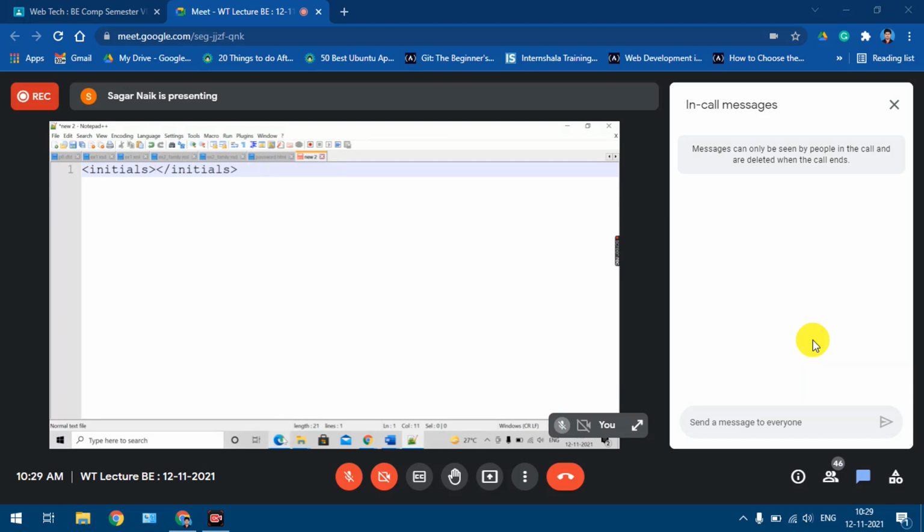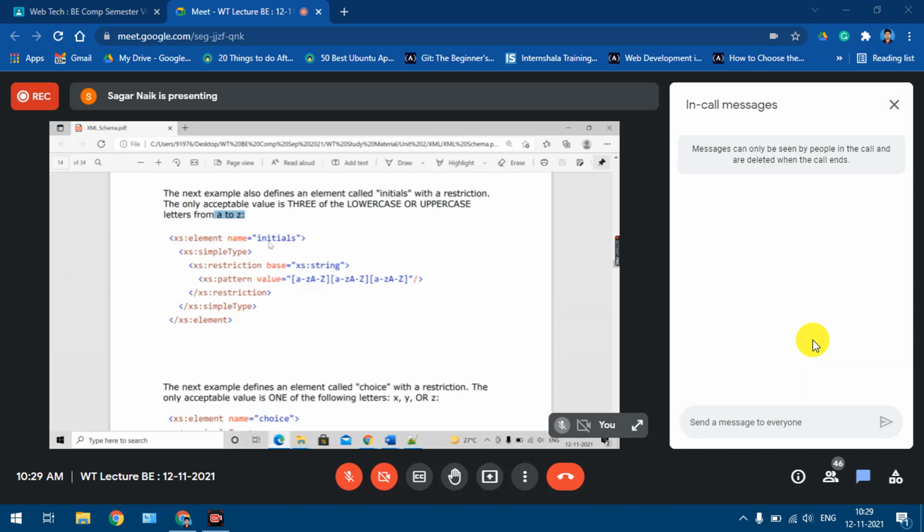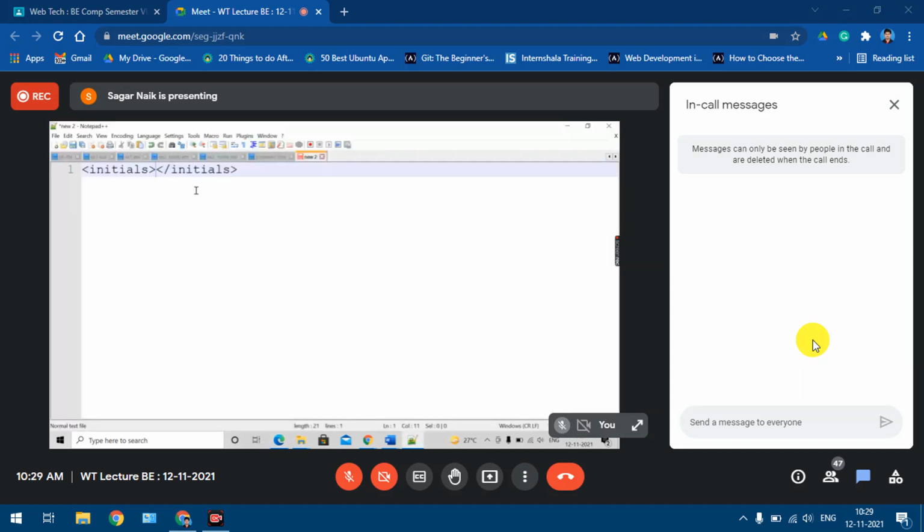Again, xs:element name equal to initials. Again it is a simple type. I'll type it and show you all again. How have we defined this element? It is a simple element. First we said element name equal to initials. Then we said that it is a simple element only.